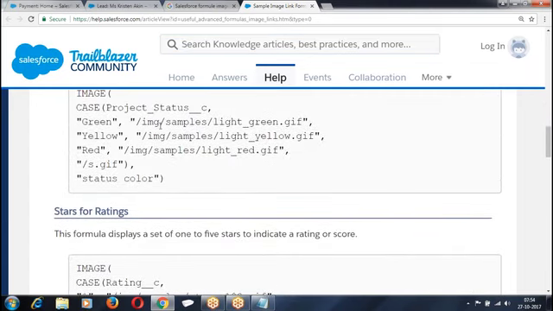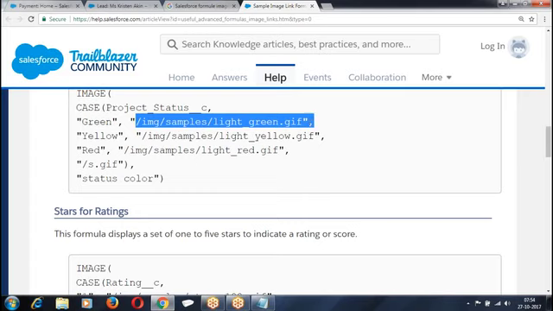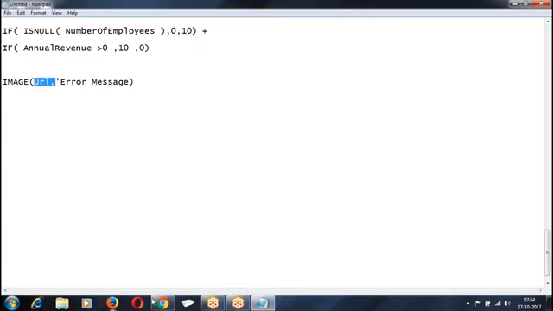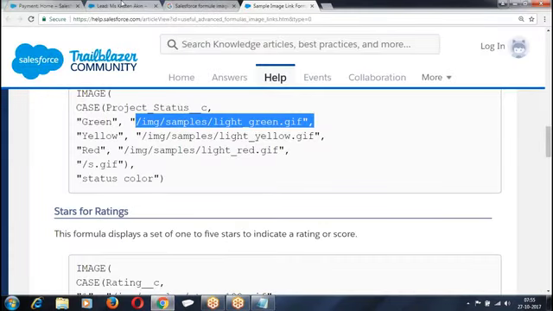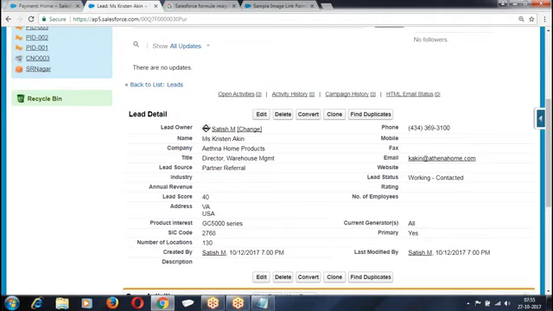I'll take something like this. I'm taking some predefined URL. So what I'm doing is, if the URL is working fine, display it. If it is not working, throw the error message.